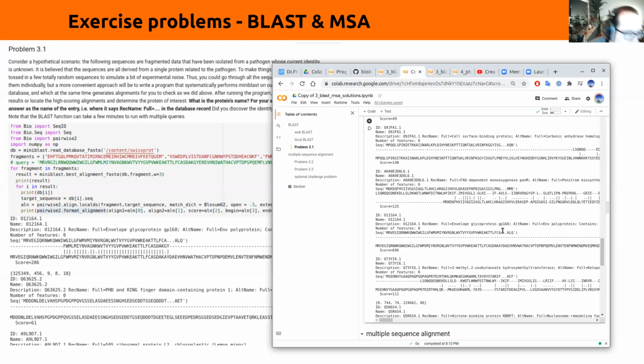That mediates the attachment and entry of these virus particles into human cells. So that is the solution to our puzzle. That's the identity of the pathogen, and that's the protein of interest. And now I'll just run this,